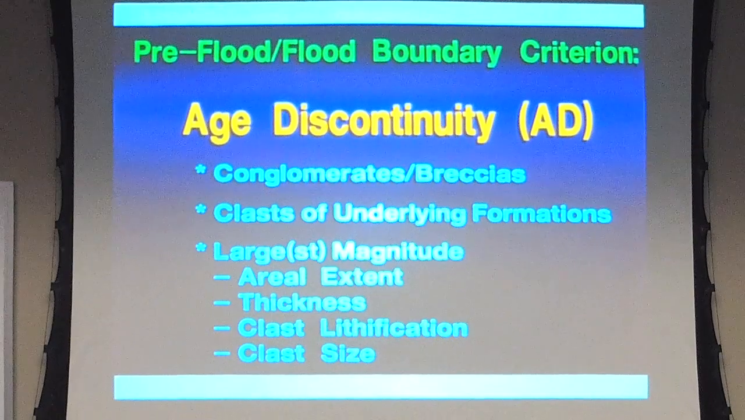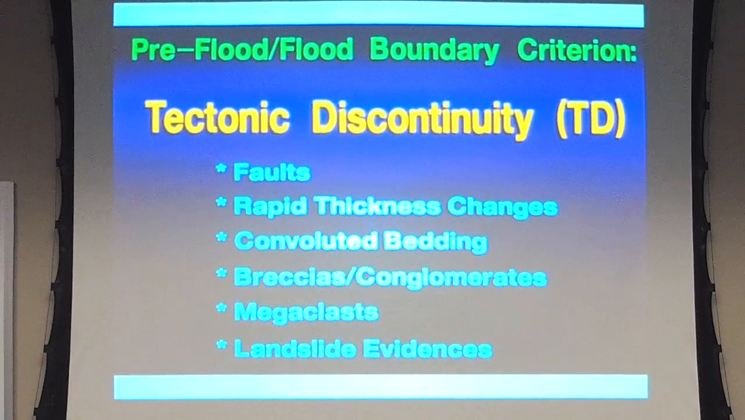And so, well, let's do that. And areal extent, thickness, clast lithification, clast size. You might think about how big this age discontinuity might be. And then the tectonic discontinuity: faults would be cross-cut with unconformity, rapid thickness changes. There could be convolute bedding, convolute being syn-sedimentary deformation structures